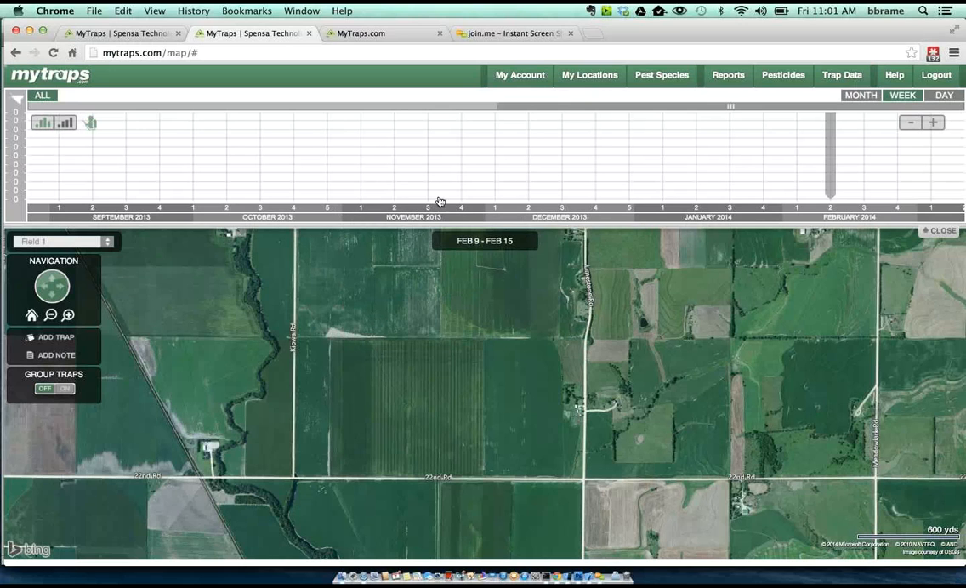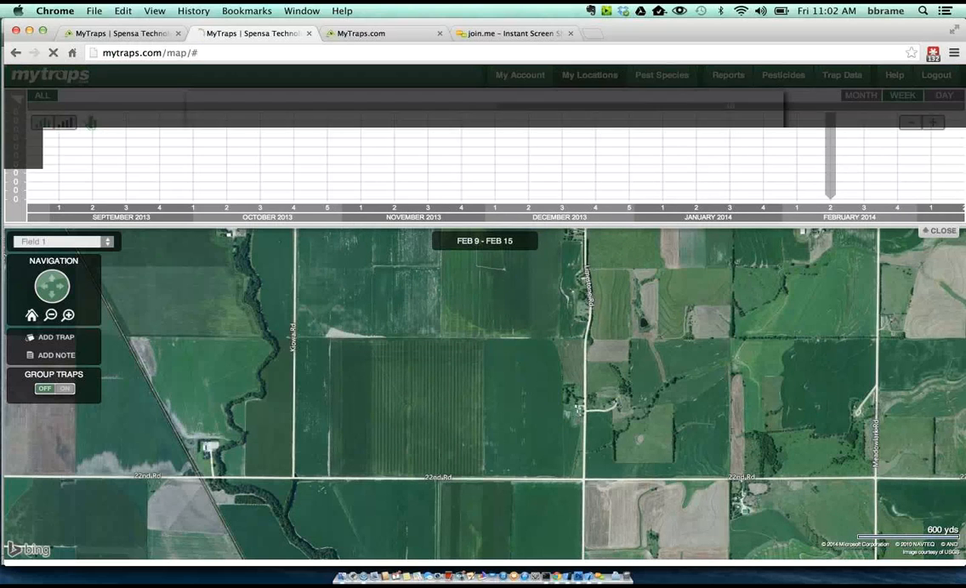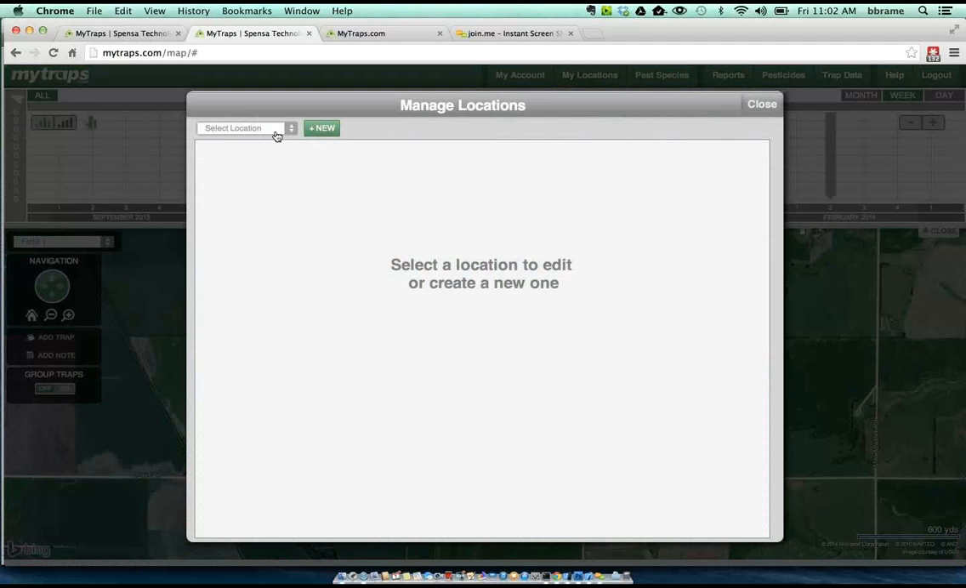The first thing that you're going to want to do when you log into MyTraps is there is a locations tab up on the top, and you're going to want to go in and set up a location for the fields or orchards or vineyards that you're managing pest populations in. So I clicked on the All Locations tab, New here,